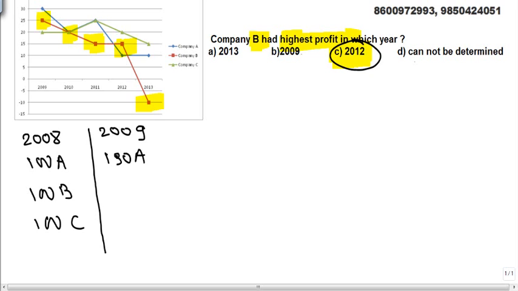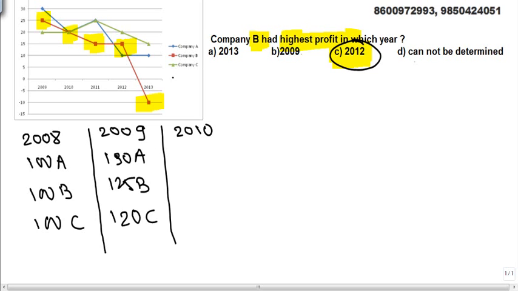So A will be... look, we don't know what value it started from. A becomes 130A, B becomes 125B, C becomes 120C. That is 30% more than last year, 25% more, 20% more. Now